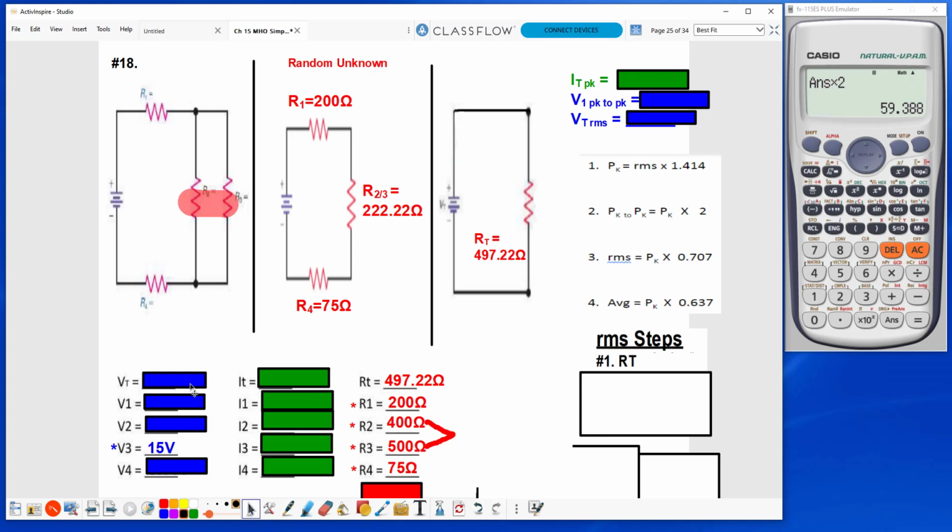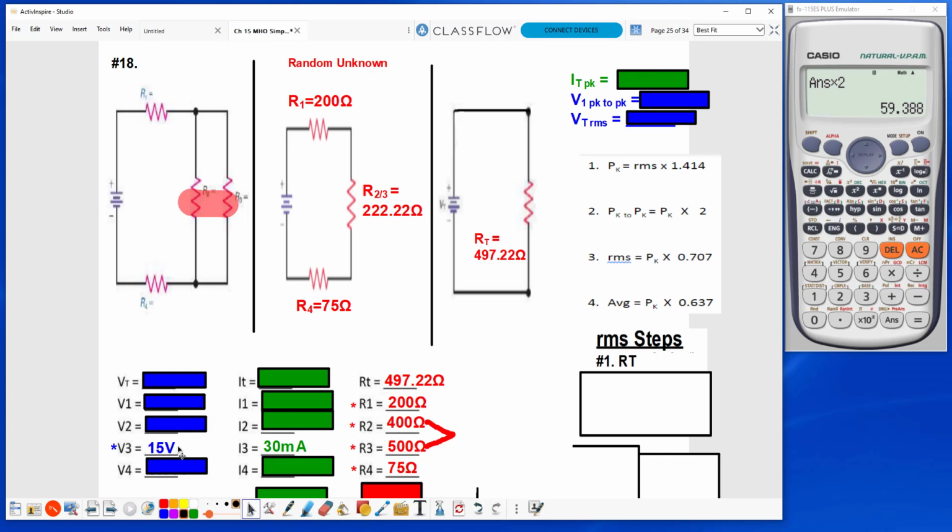I don't have my VT, so I can't go ahead and solve for any currents or anything, but I do have my V3 amount. I could solve for I3 using Ohm's law. I3 would be equal to this V3 of 15 volts divided by 500 ohms, which would give me 30 milliamps. But there I pretty much would be stuck, unless I understand that the amount of voltage that is across R3,